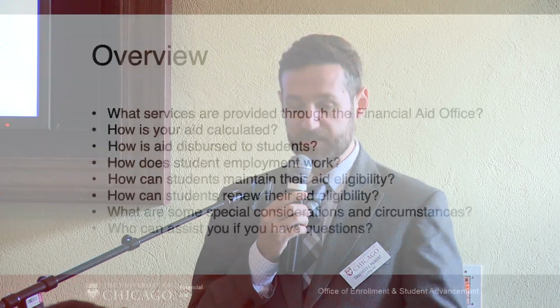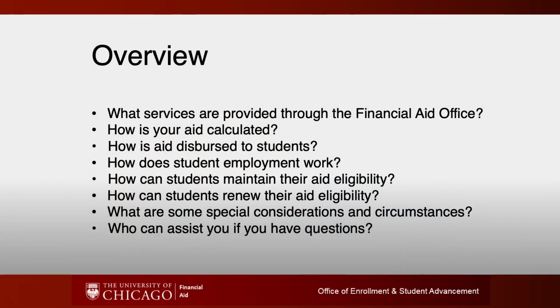So the things we're going to talk about for financial aid are the services that our office provides, how we calculate financial aid here at the university, and to a lesser extent how the government calculates it, how it's dispersed to your student's account, how student employment works, so if any of your students were offered an employment opportunity or something called federal work study, how that works, how students can maintain their aid eligibility, because that can change, how they renew their aid eligibility, they do need to reapply every year, of course, special circumstances, if there's anything that changes that we wanted to take a look at, we can do that,